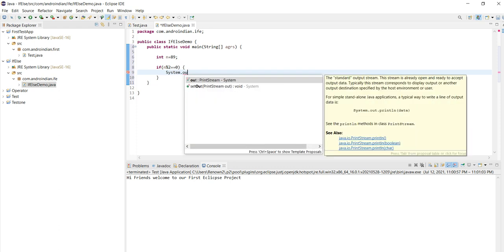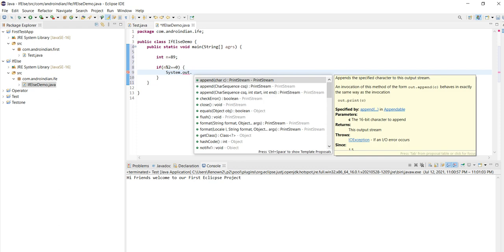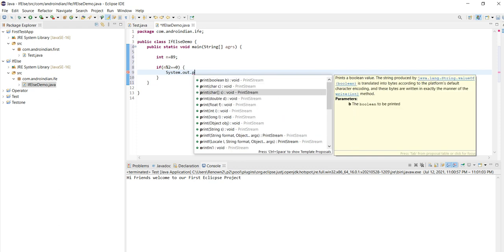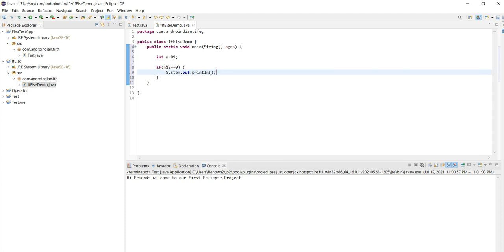Here I am finding the even number condition. If it is not an even number, it executes else, that is, odd number. So here I print even number.